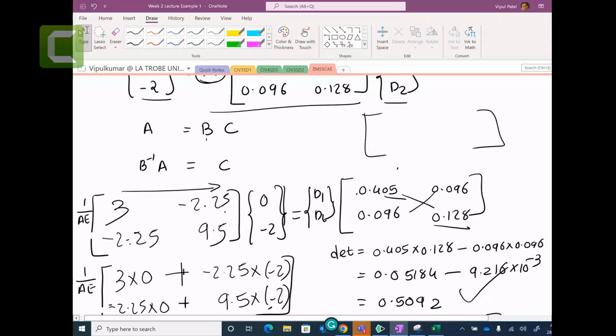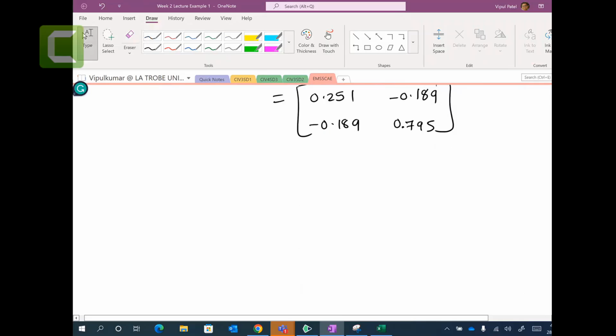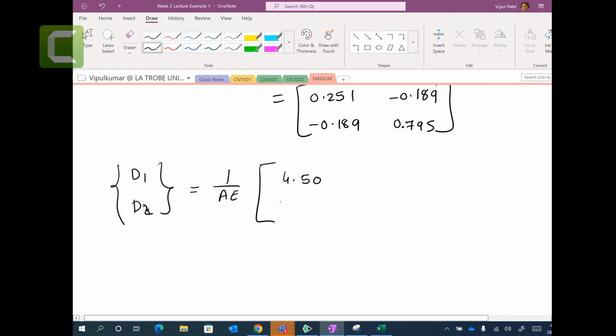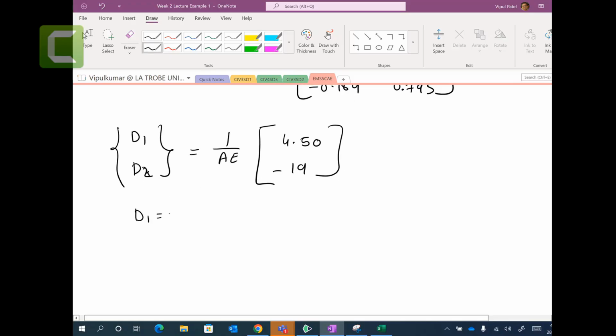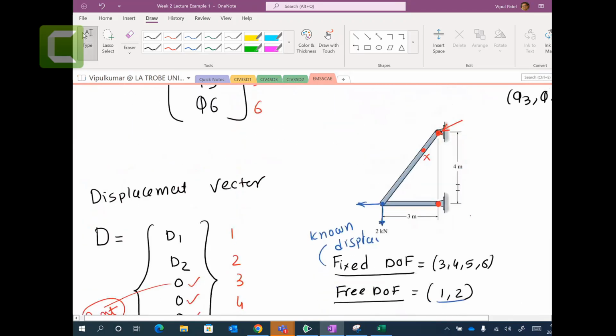So that is your displacements. Displacements D1 and D2 equal to 1 over AE times 4.5 and minus 19. So D1 equal to 4.5 over AE, and if you know the AE value, that is the displacement. D2 is minus 19 over AE. And look at the numbers as well. If you look at these figures here,